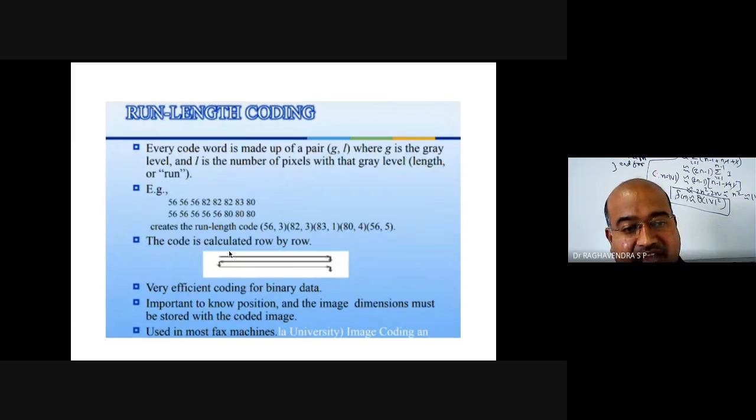So the code is calculated row by row. Look, each row one by one, this image represents the scanning process. So first the entire row will be scanned. Entire row will be scanned. Then, here you might ask,